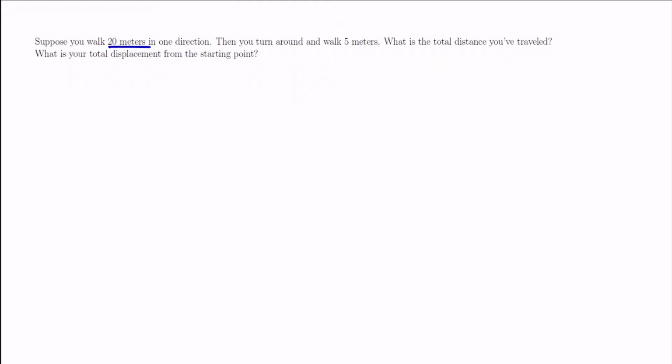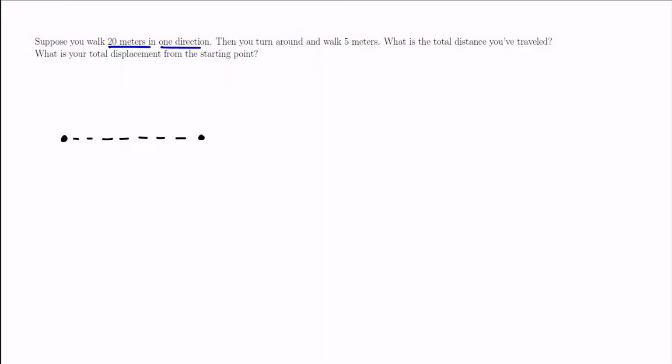Suppose you walk 20 meters in one direction. I want to stop right here and draw a picture describing what we've just learned from this problem. This is generally the best way to solve physics problems because you write down the information as you read it and extract it. So let's say we start right here at this position,